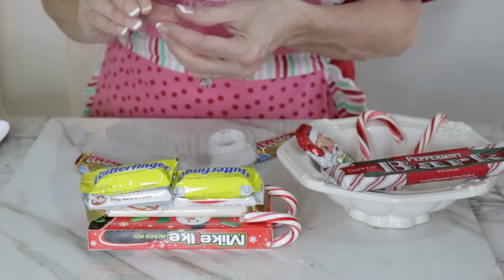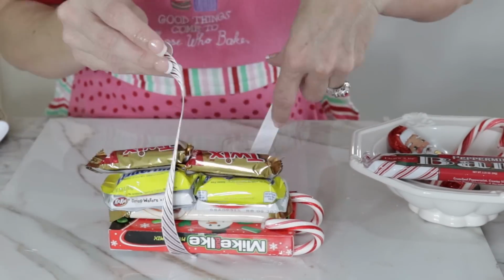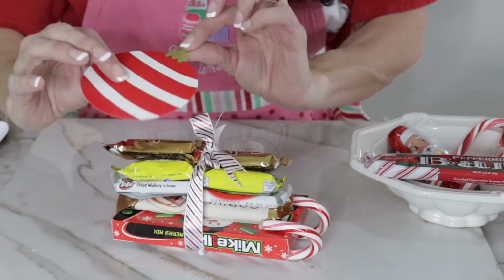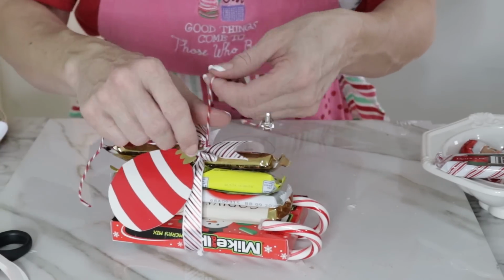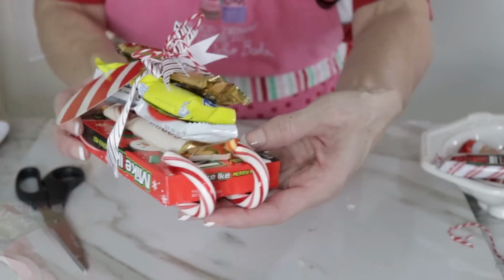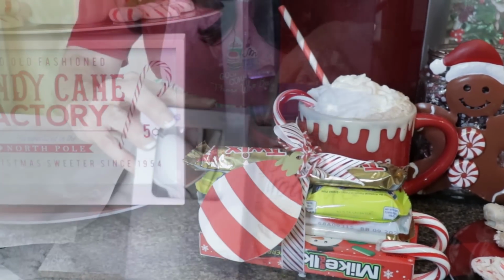So I'm just taping them all and I'm kind of stacking them up, and then I'm going to use a ribbon to tie around the entire thing to give it a little bit of added security, but it did seem to hang on there pretty good. So I'm just tying a cute little shoelace bow to the top of this, and then I'm using another tag from the Target dollar spot. I thought these little candy striped ornaments would be so perfect for the hot cocoa bar. I was excited to be able to use them for this DIY and then also for my presents when I wrap my kids' presents. So here it is. How adorable is this? Very inexpensive, a fun DIY you guys do with kids because it just has tape and